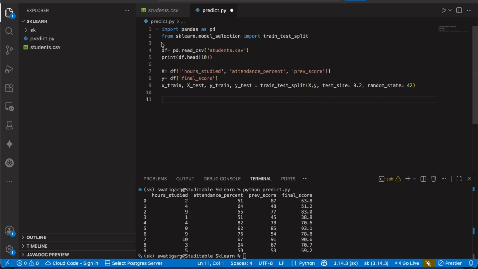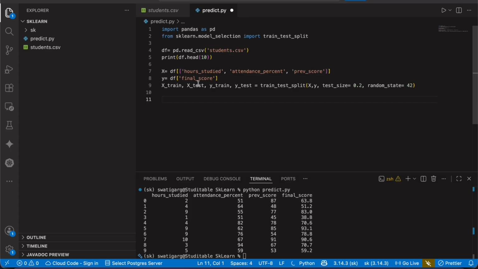This has automatically imported the module, from sklearn.model_selection import train_test_split. This is a module in sklearn, and what it does is split the data into training and testing data. So this is the x training data, x testing data, y training data, y testing data.